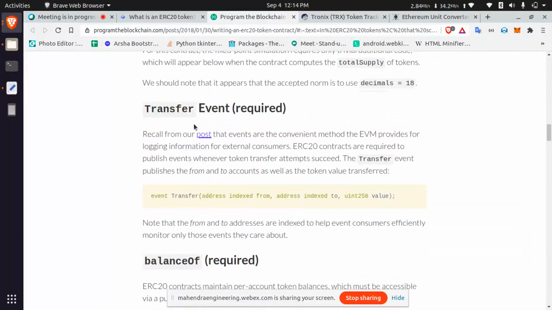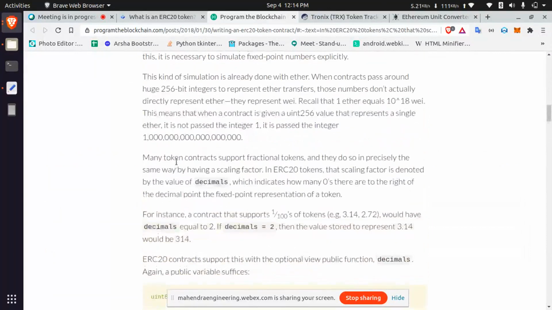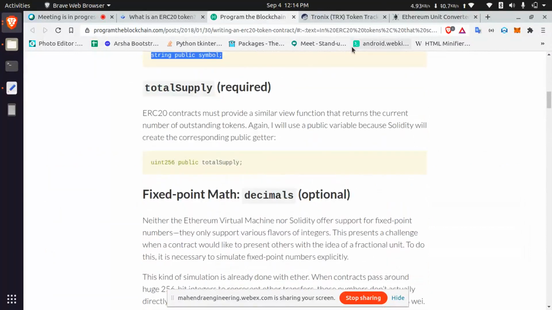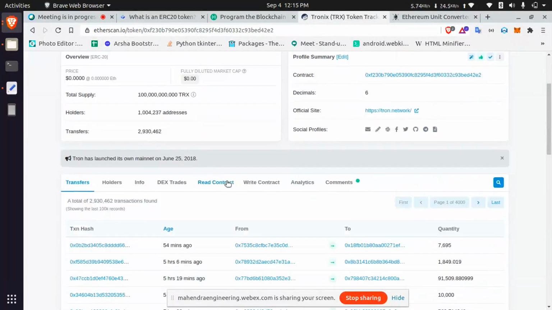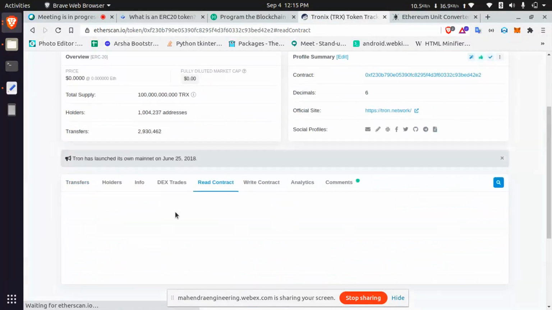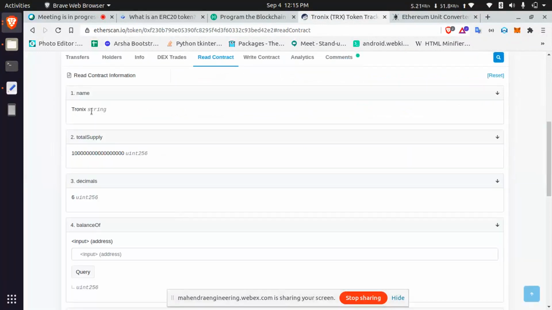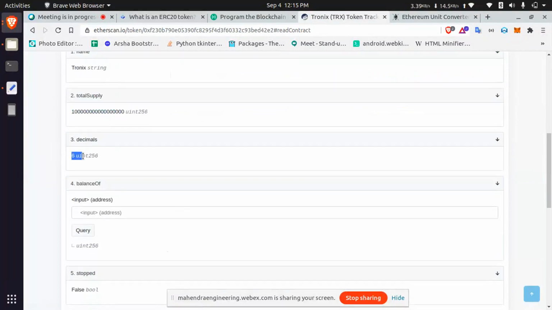Let's see the transfer event. Before that, we will cross check with real-time tokens. Now I open the TRX token. In this token, we will read the contract: name, total supply you can see, and then decimals, which he entered as 6 decimals after the point.